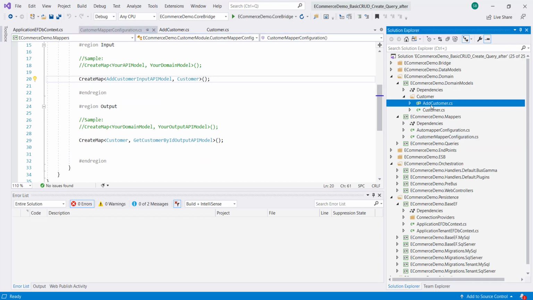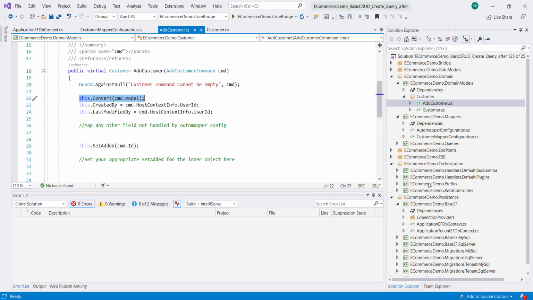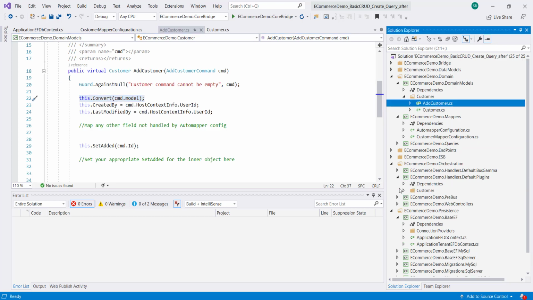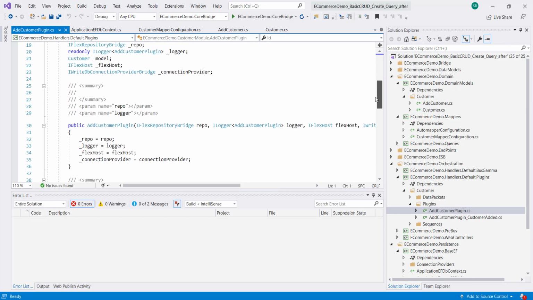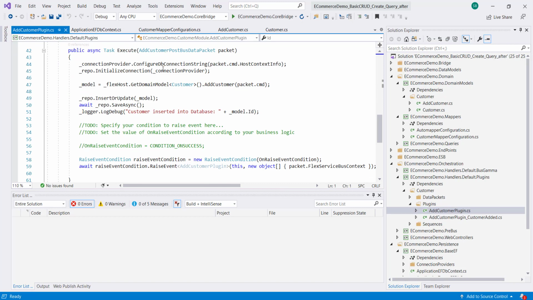One more thing I will point out is that this is called in the handler. Whenever you insert a customer, this method is called in the handler. If you see, the handler doesn't carry any logic. All the logic related to populating the customer while adding a customer is inside the model, and the handler just calls the method, creates the model and saves it in the database. Next, let us see how to create the database from the model.